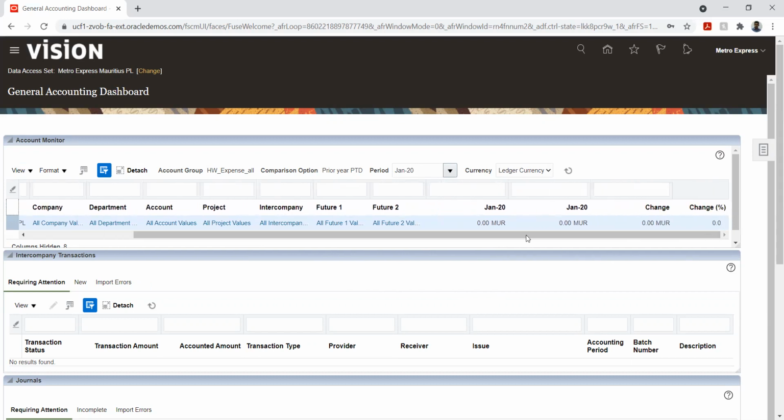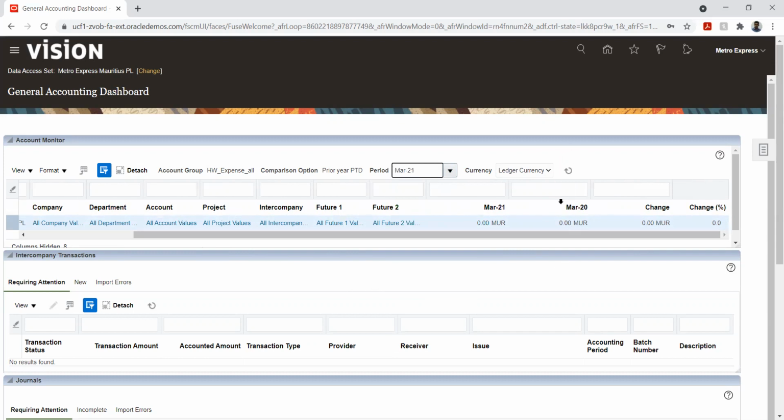Okay, so the period which we are looking at is January 2020. We don't have any change here. If I want to change the period and check for a different period, so let's say I want to see March, I'll select March.